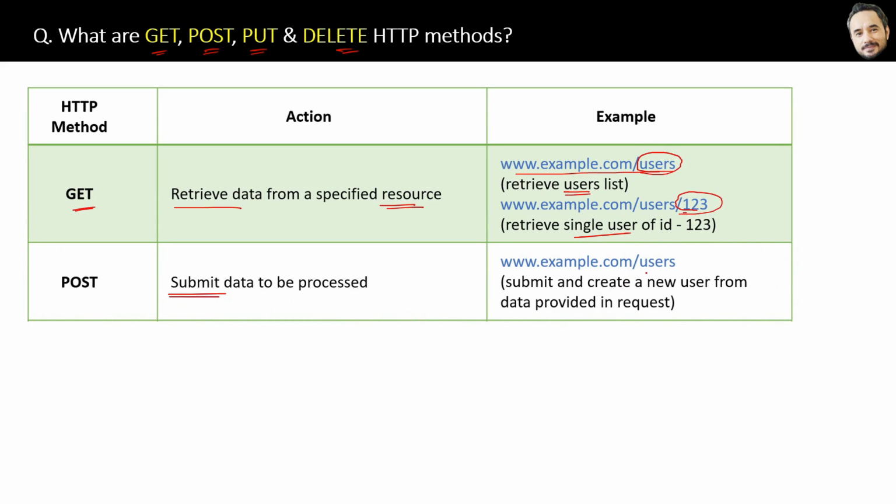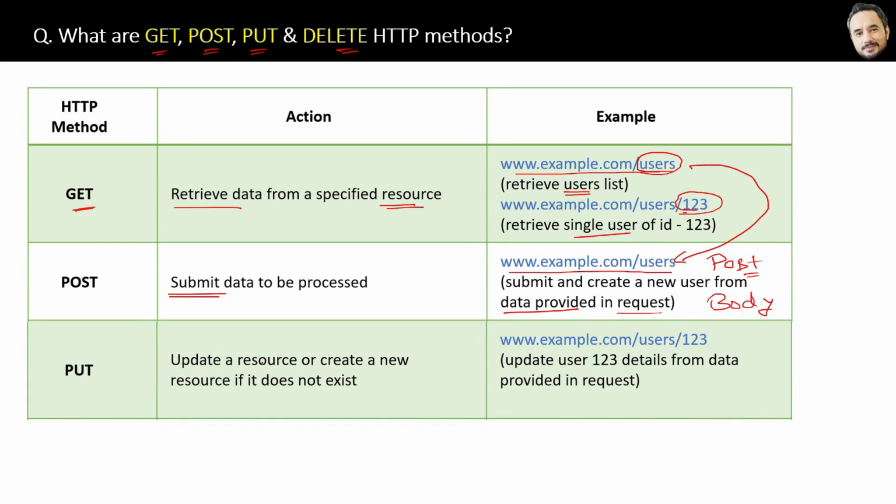For example, this is the same URL as above for the GET request, right? But this time the request method will be POST instead of GET. And also in the request body, there will be the data of the user sent by the UI server. So basically, in a GET request, the request body can be empty or is optional, but in POST you will send some data to the server.